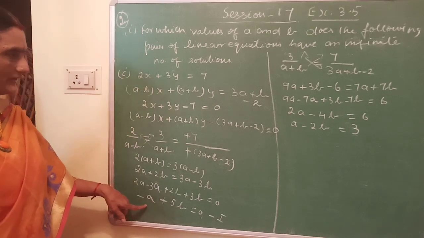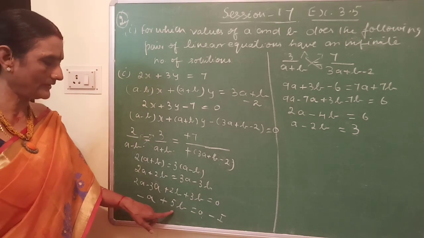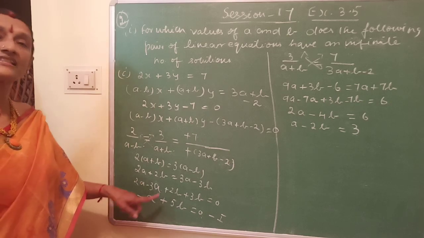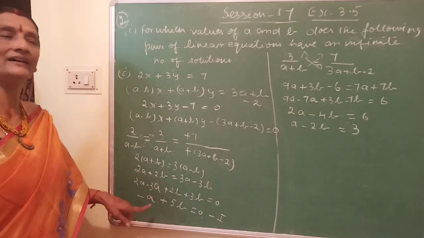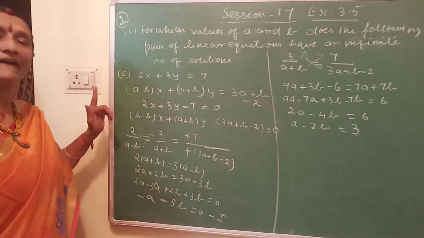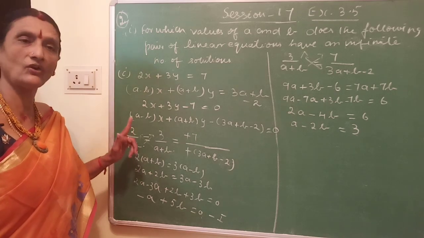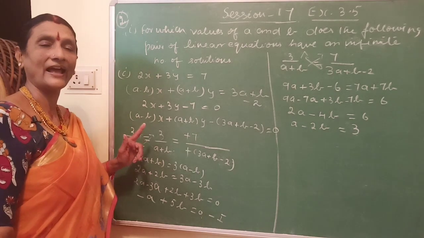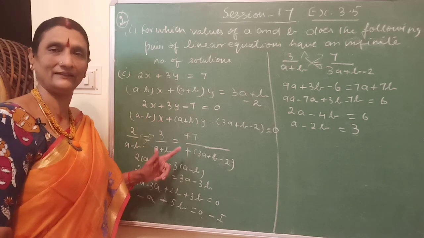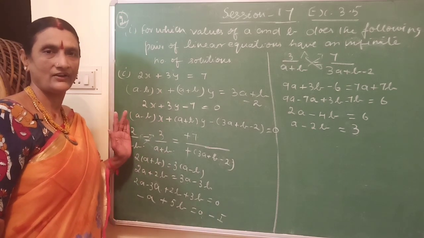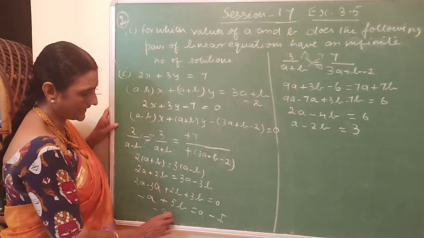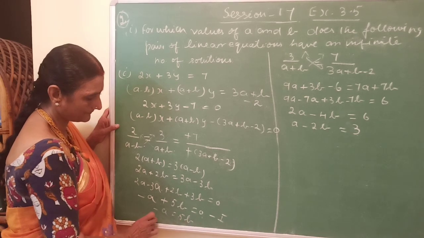Now from this equation, you will get minus a is equal to minus 5b. Or in other words, you just study this equation. This is the simplest, isn't it? Here how to find the value of a and b, that alone is asked. Even though you get 2 linear equations, you don't have to think that we have to find out in only one particular method. It is any method you can find out. Are you understanding? So here minus a is given to be minus 5b. So a is equal to 5b.